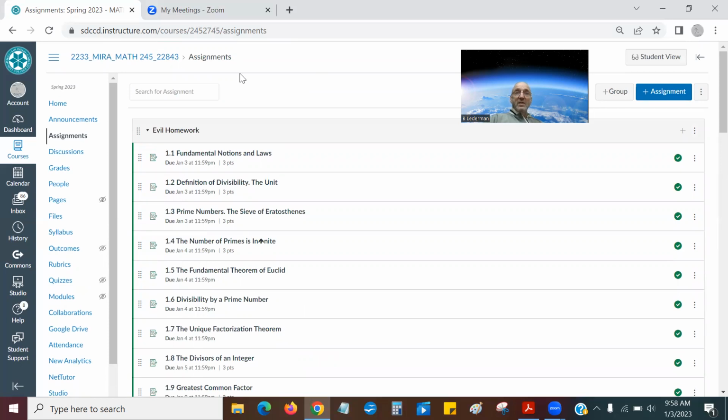Well, let me stop sharing. That's how the course is going to operate. You're just going to do all those homeworks. Oh, one last thing that's super important. Every homework and every project has a due date on it, but it's not a shutdown deadline. It's not a hard deadline.